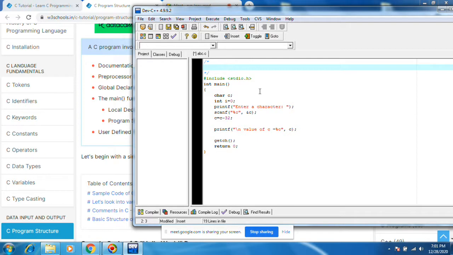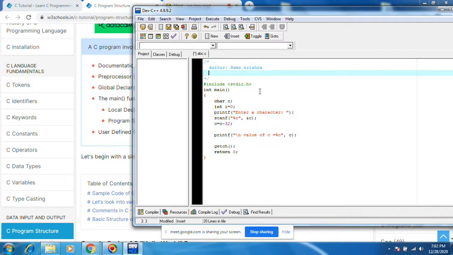What is the purpose of this program? Who is the author of this program? This is the author, that means the owner of this program. Instead of author, you can write owner.